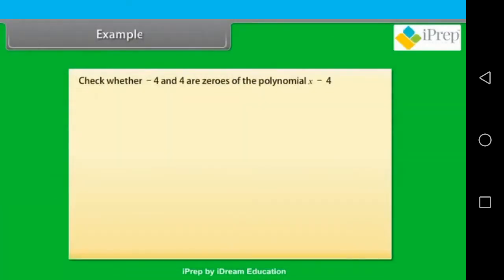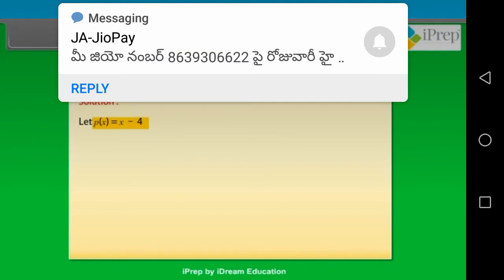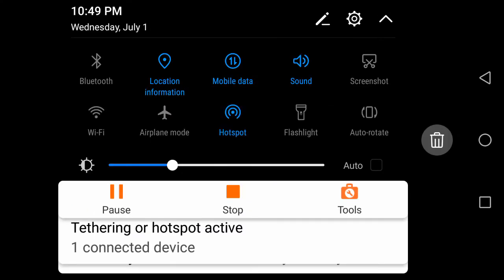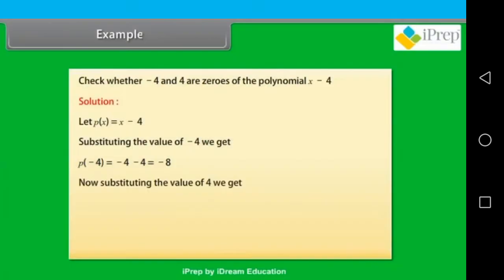Example. Check whether minus 4 and 4 are zeros of the polynomial x minus 4. Solution. Let p(x) is equal to x minus 4. By substituting the value of minus 4, we get p(minus 4), which equals minus 4 minus 4, which is equal to minus 8. Now substituting the